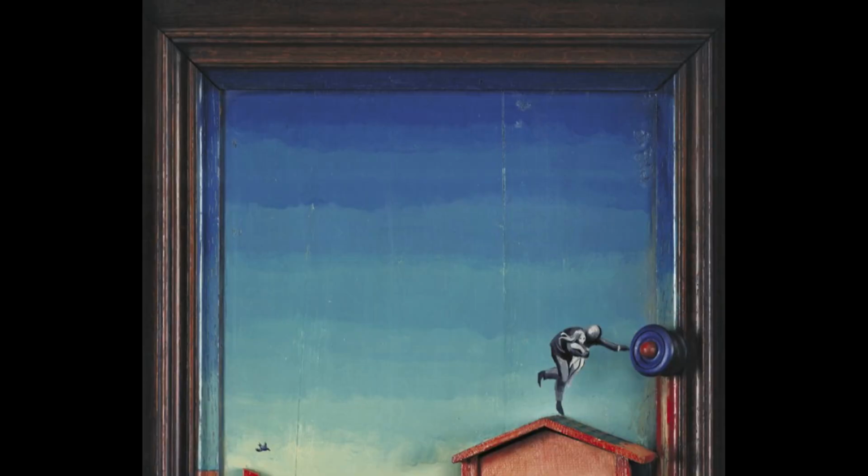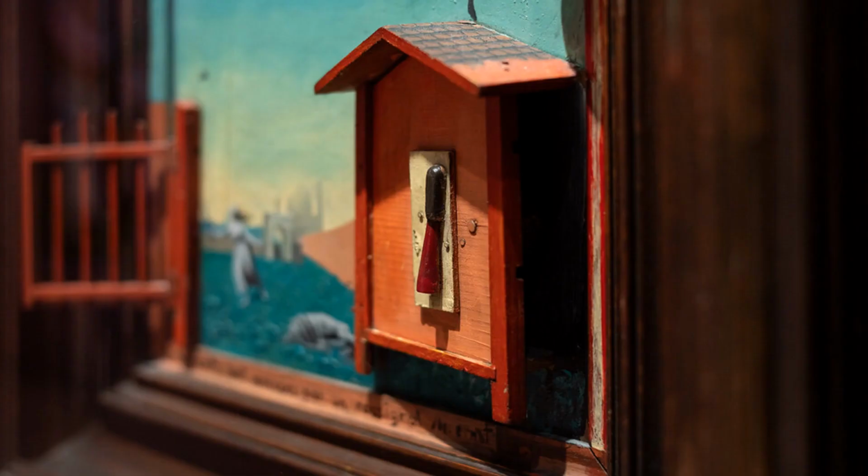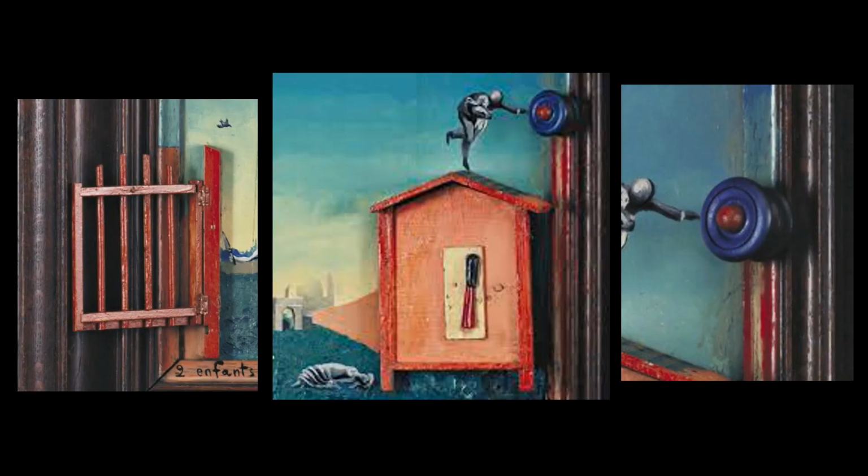The background is painted in oils for a blue sky, the green grass, and two female figures. He uses a small wooden gate, pieces of a toy house, and a blue doorknob as part of his collage. The figures in the piece are painted with a very thick impasto in black and white, which is also called a grisaille. The items that have been added to this piece feel very young and playful, as if they could